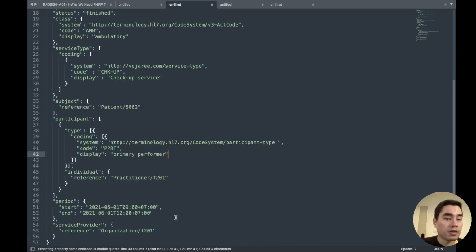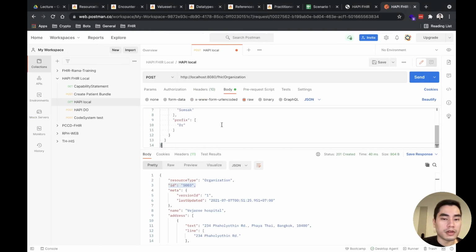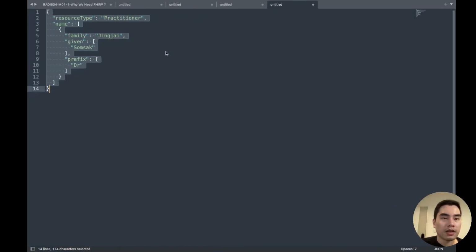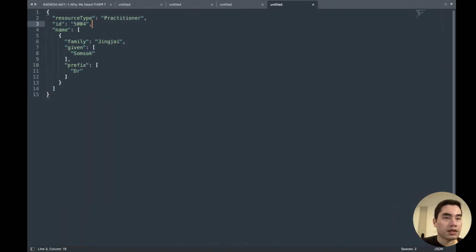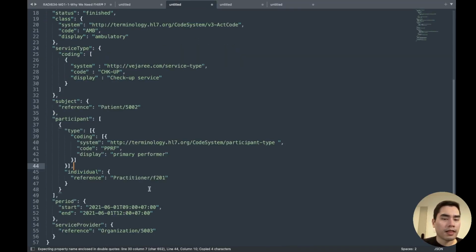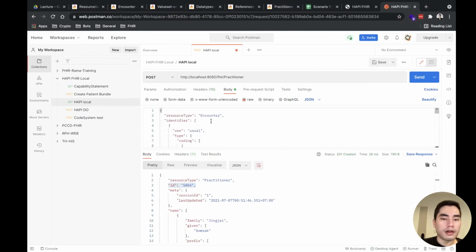Then we put it here in the organization, and then the practitioner put it here, send, and we got this ID. If we post this here to the encounter, we will get these IDs.